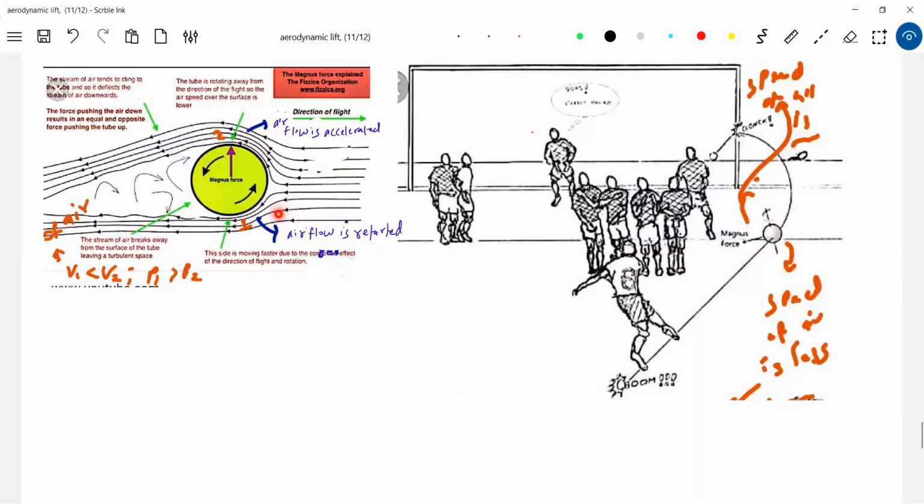Now what will happen to this one? So now this particular point of the ball will try to carry the air along with it. The air which is flowing, its velocity will be further increased. So the airflow is accelerated. The air which was moving with a constant velocity, everywhere the same, by the time it arrives here will have less speed, and here it will have more speed. It was having energy, no? So now that energy got decreased.